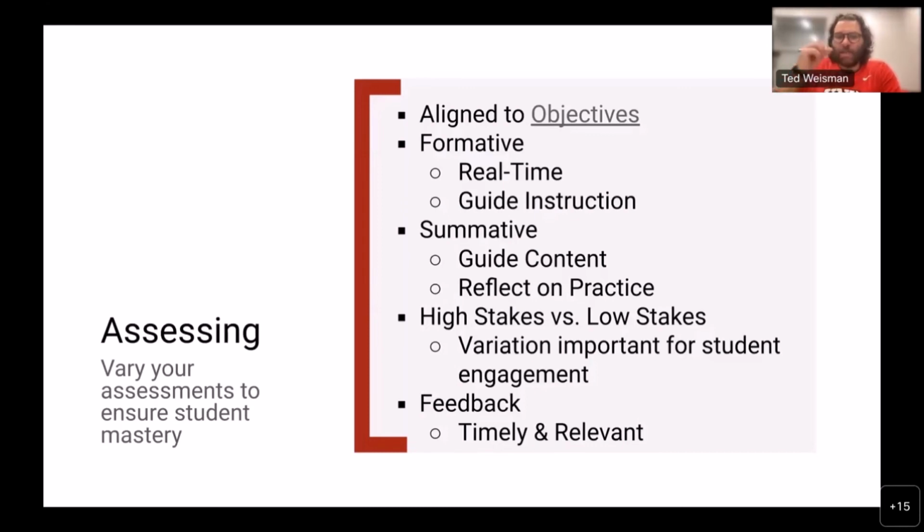Like I said, talking about high stakes versus low stakes, you really shouldn't be having only exams and finals. There should be things along the way that let you know how students are doing and give students easy access points. So for example, I have an instructor that's teaching